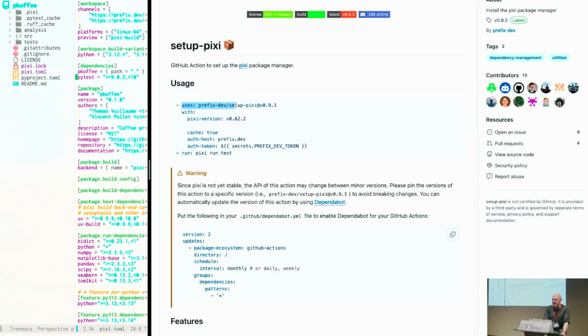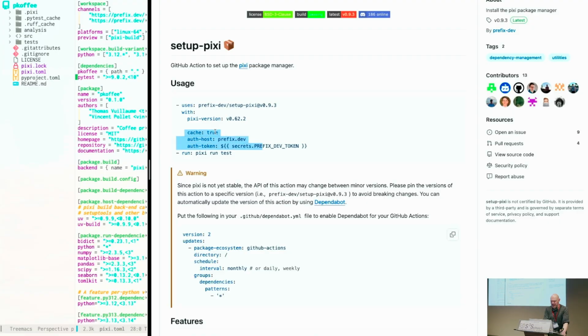And then some of these pre-built scripts have options. And so if there's options, you have this with underneath and you give it the options. So the options depend on whoever designed this thing. So in this case, you can specify the Pixie version. By the way, the 63 just came out yesterday, I think. So you could try 0.63. And then there's other options like whether you want it to